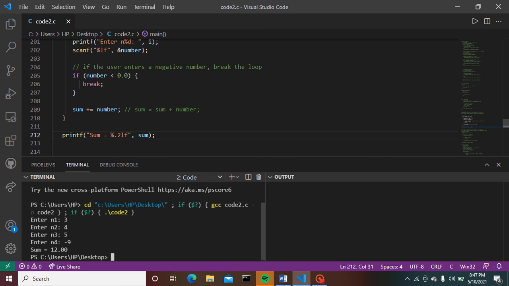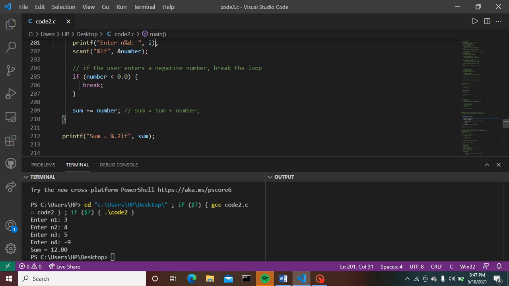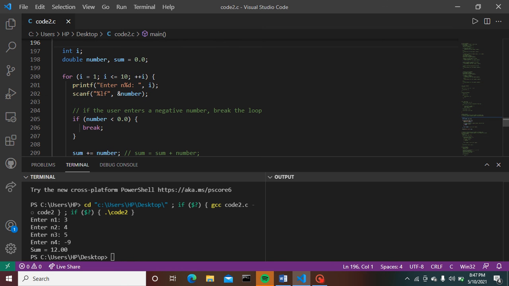Why is it so? Let's have a look at the code given above for the break statement, from the very first line, line number 197. Everyone seeing it? Yes, this is the code we have provided here.